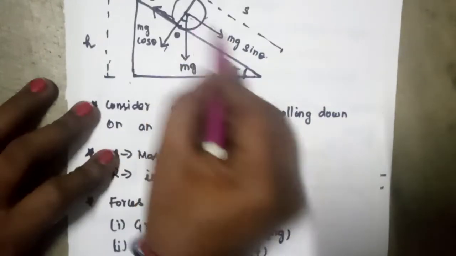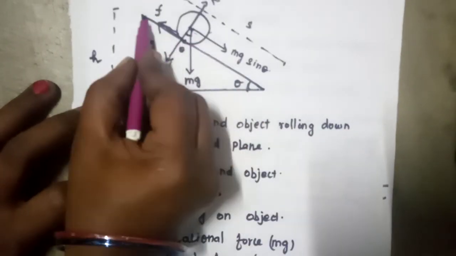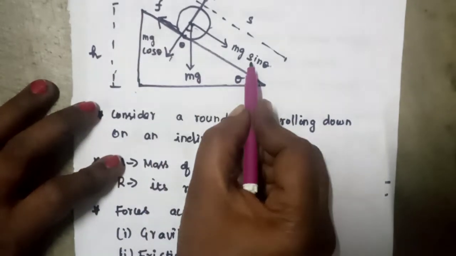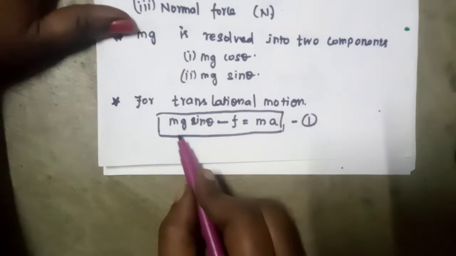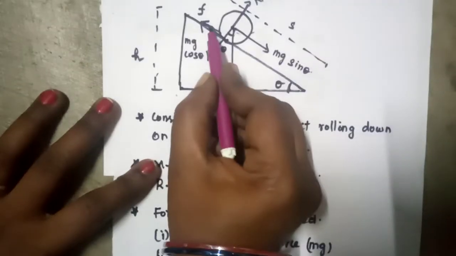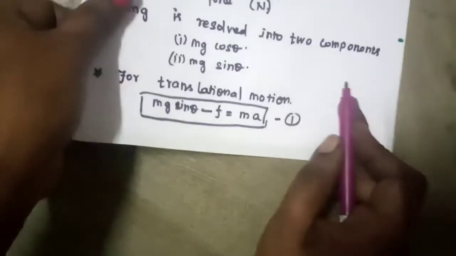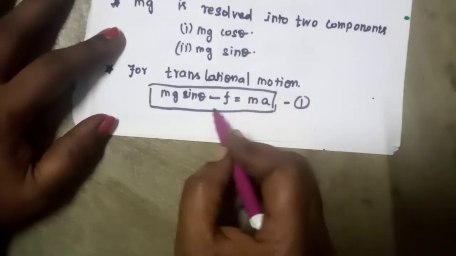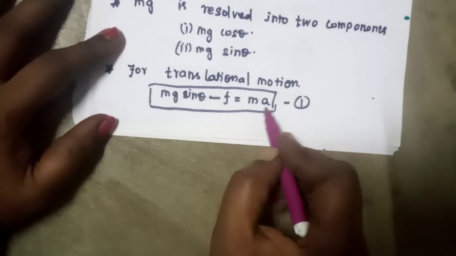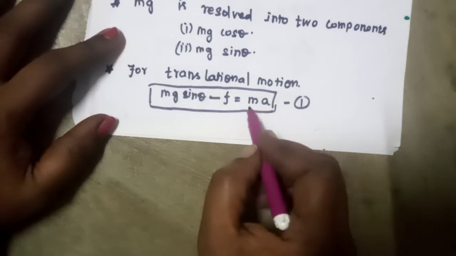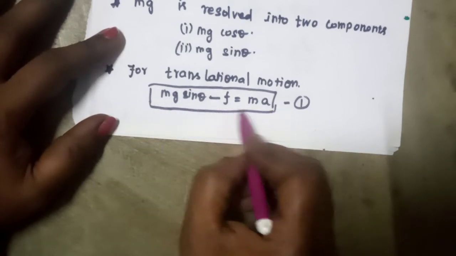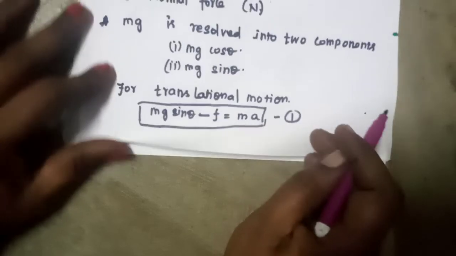Here mg sin theta is the positive x direction and this is the negative x direction. So we are writing the equation: plus mg sin theta. Here you can see that it is plus mg sin theta, and you can see that the frictional force is in the negative x direction. So minus f is equal to, if the object is at rest, we can say that the net force is equal to 0, but the object is not at rest. It's moving with some velocity, so the net force is equal to m into a. So mg sin theta minus f is equal to ma. This we can take as the first equation.